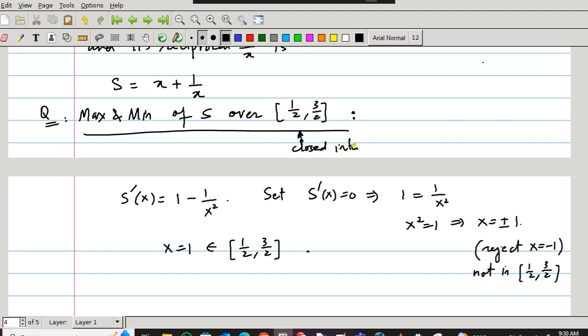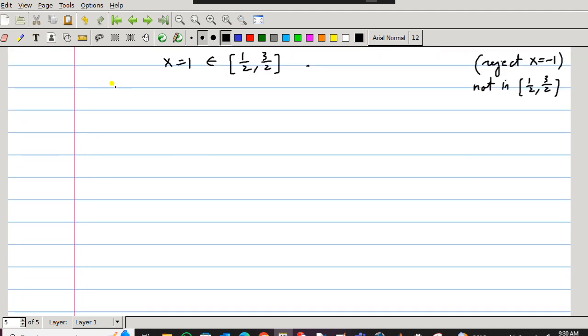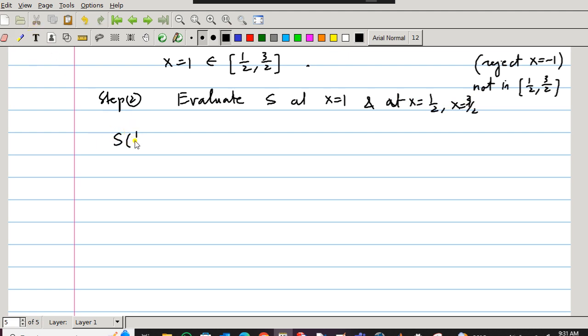For a closed interval, we evaluate the values at endpoints and at the critical points. So my step 2 here is, after finding critical points, I will not go for the second derivative. I will evaluate s at critical point 1 and at endpoints 1 by 2, 3 by 2. So see, my interval was 1 by 2 to 3 by 2, and I got 1 in the middle here. So I have these 3 points to